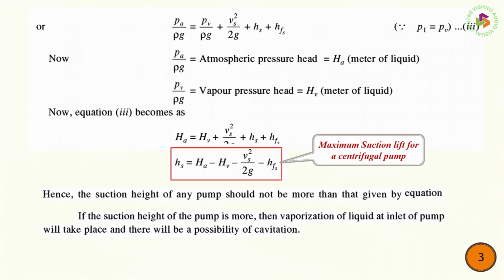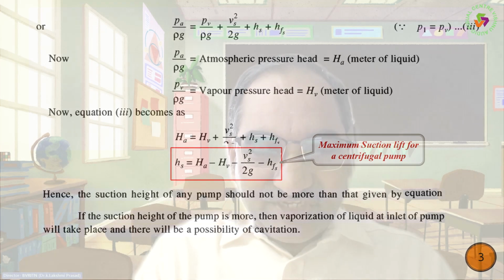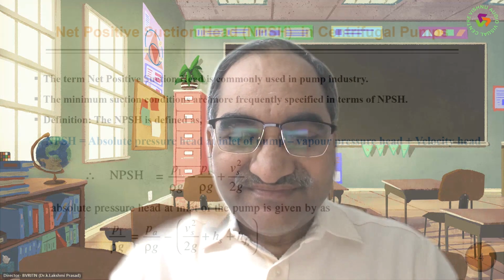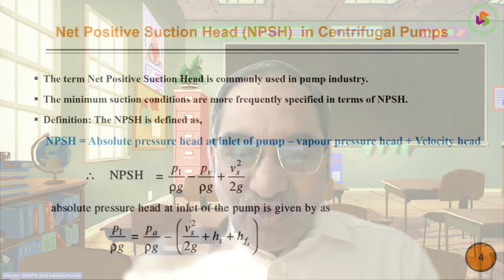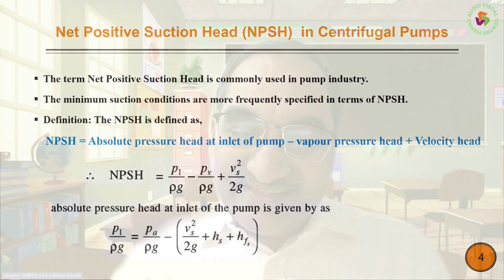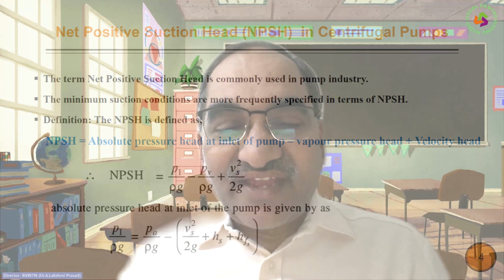If it is less than the vapor pressure of the flowing fluid, then the water turns into vapors and thereby cavitation starts and the entire impeller gets damaged. That's why we need to know the maximum permissible suction head, as the first topic. The second topic is net positive suction head,